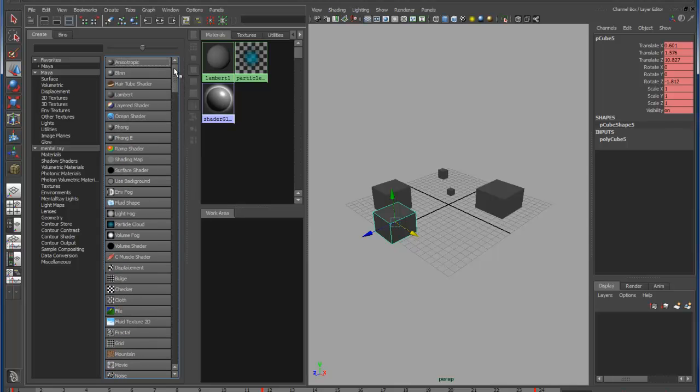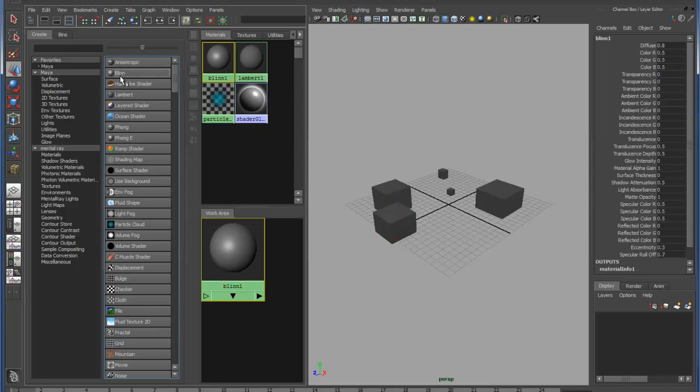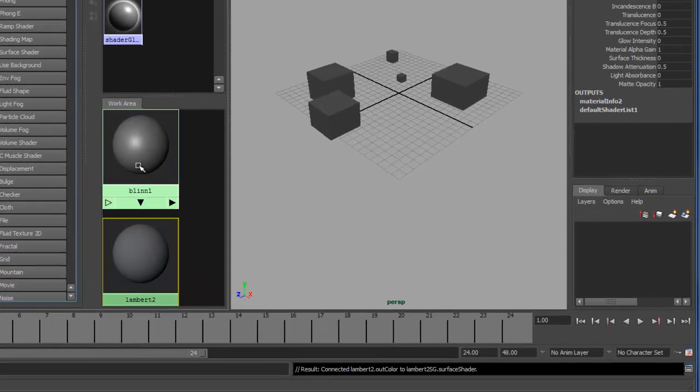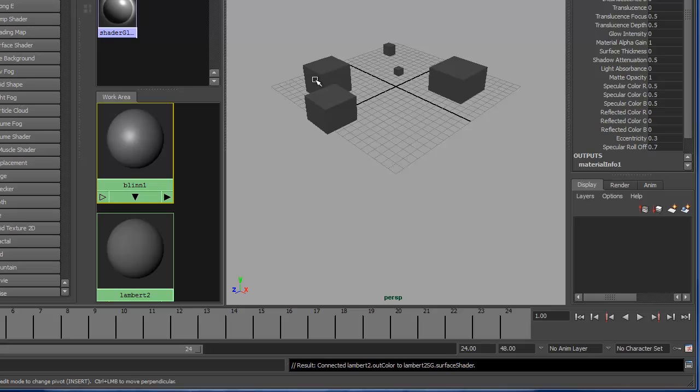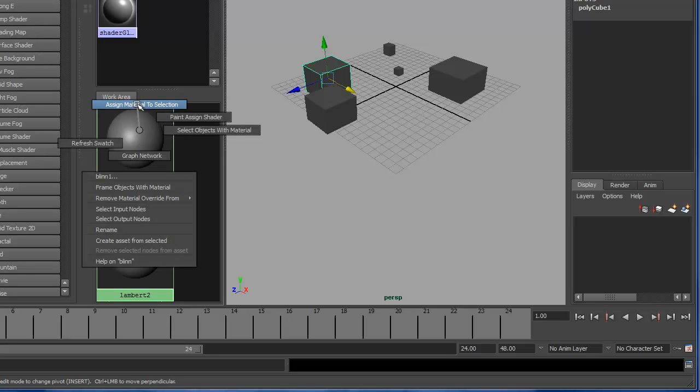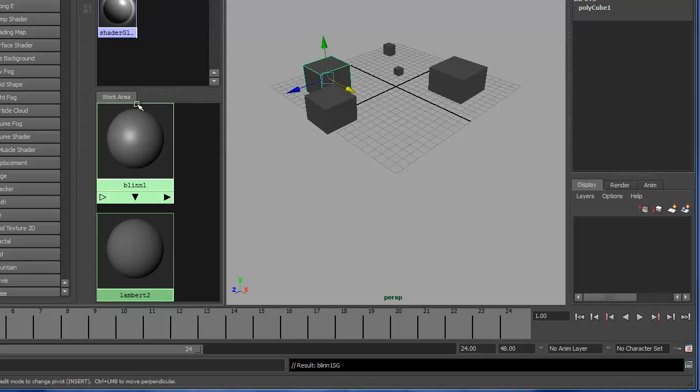Just don't break Maya. In the meantime, what you have is some basic things that we're going to be using, such as the blend and the Lambert. So by clicking on each of these, I've just created a blend here and a Lambert. I'm going to select this blend, and let me go ahead and grab some geometry in my perspective mode. By right-clicking on this blend, I can say Assign to Selected. So I've just assigned this material to this